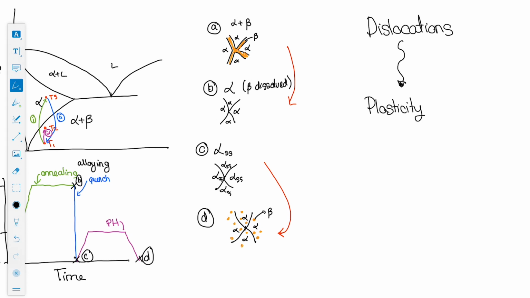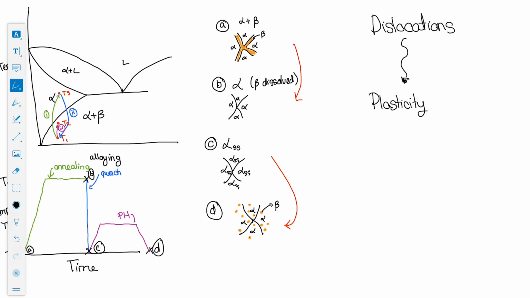So from C to D, we are restricting or inhibiting our dislocations. Whereas from A to B, as we have atoms migrating in the crystal lattice, we're actually decreasing the number of dislocations, and in that way